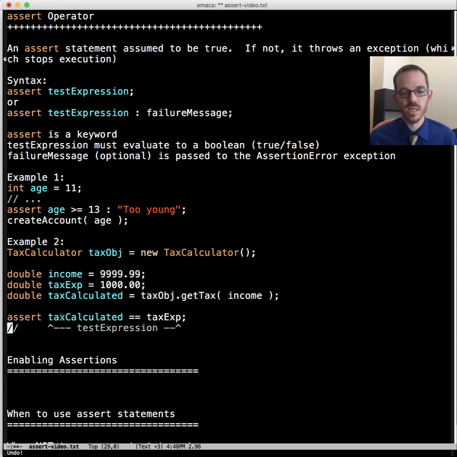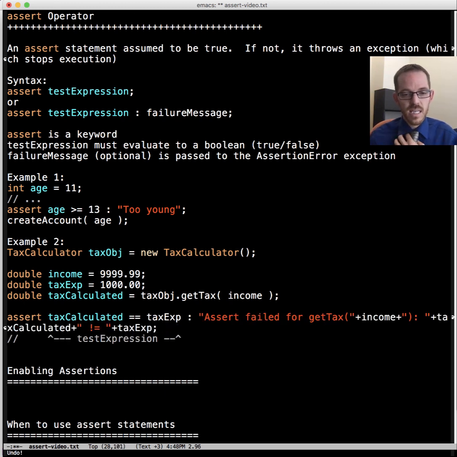Here's our Boolean, that these are equal. We're asserting that that's true. And if it fails, then let's display this verbose message here. The assert failed for get tax, and we're even specifying exactly what the income is, because you can imagine we have multiple tests that we're running.